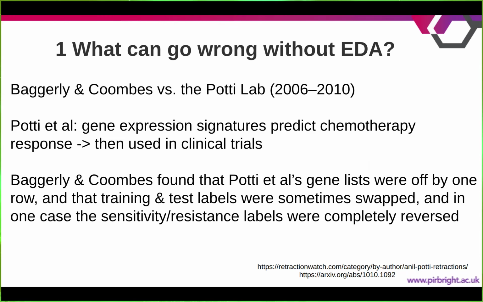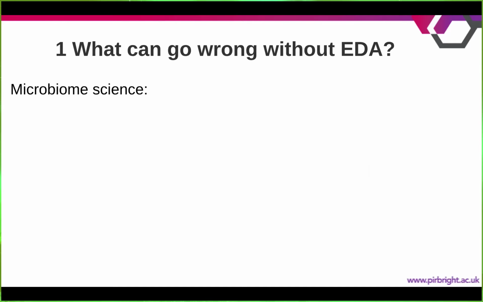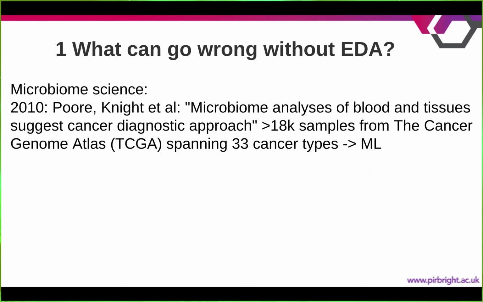Baggerly and Coombes found that Potti et al.'s gene lists were off by one row, and that the training and test tables were sometimes swapped, and in one case the sensitivity and resistance labels were completely reversed. These are really, really major serious issues, and the clinical trials were obviously suspended. And this also links to other work by Poore and Knight et al., where they looked at